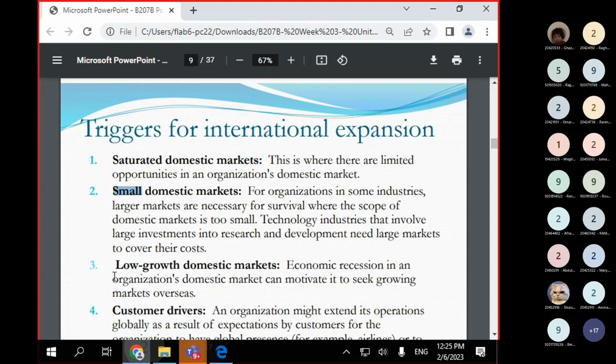A low growth market, it's growing slowly. Usually markets grow within a certain rate, but your market is growing slowly because maybe the birth rate is not high, maybe people are not moving into the area that you are serving, and so on. So this is the low growth domestic market. Because of these reasons of your domestic market, you might want to find other markets, other areas to serve to make your money.